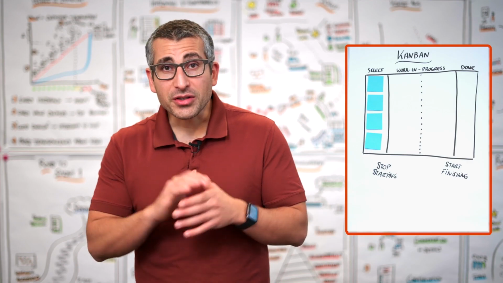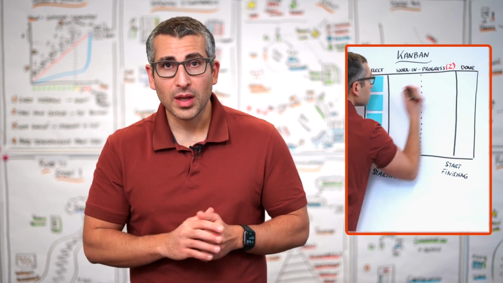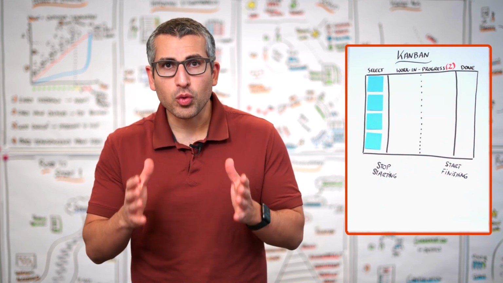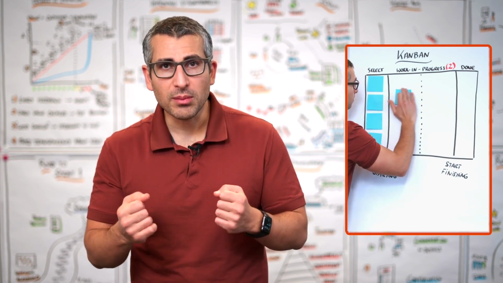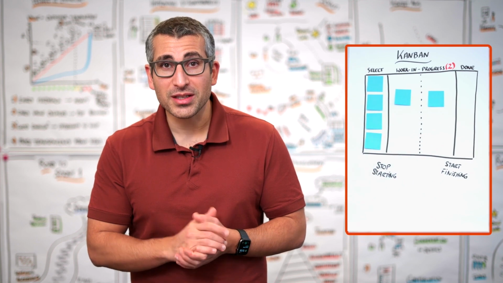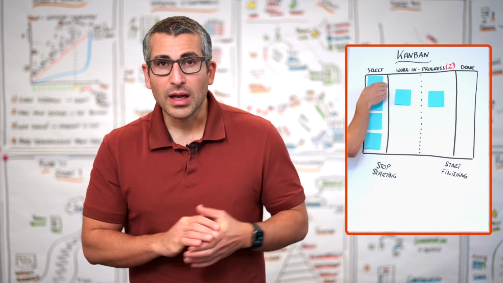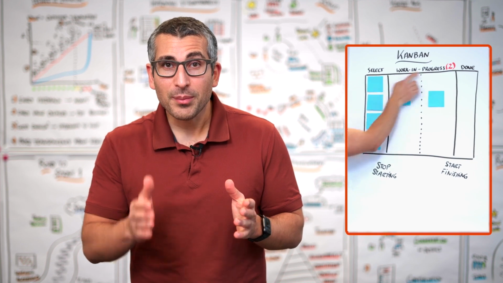Now let's go back to limiting work in progress. In our system, let's assume we put in a WIP limit of 2. This means we can start working on 2 things at the same time. Especially if we're a team, that's probably not the worst idea, because not everyone is going to be busy with one item. The moment we try to pull in a 3rd item, there's a stop, because we have the WIP